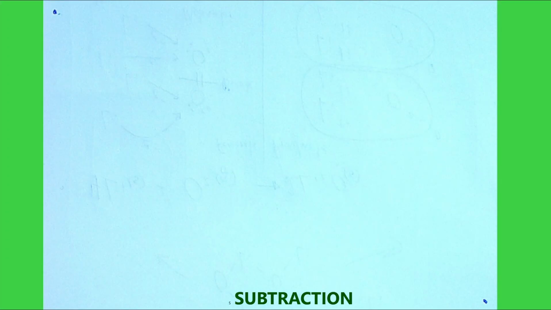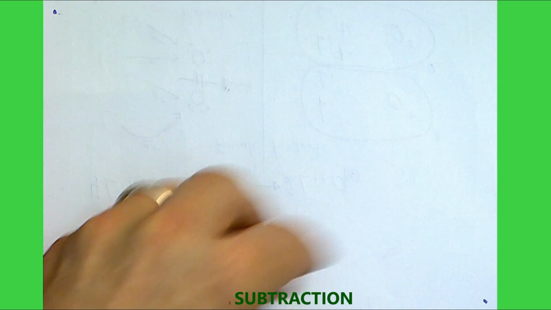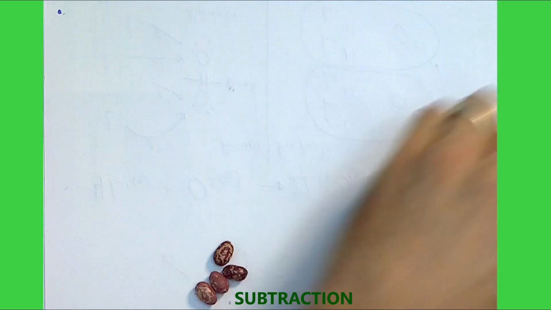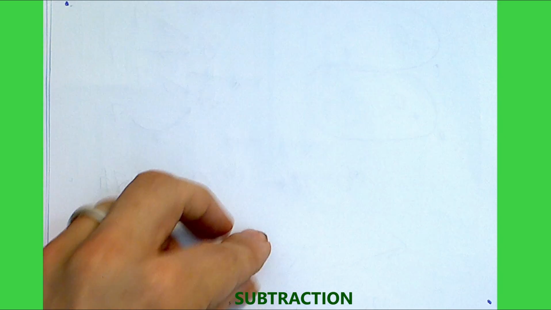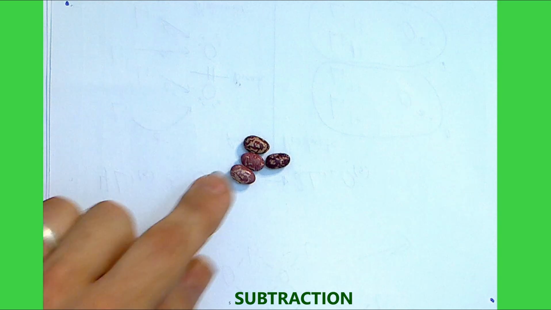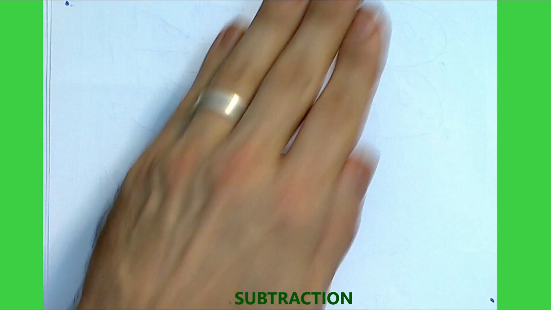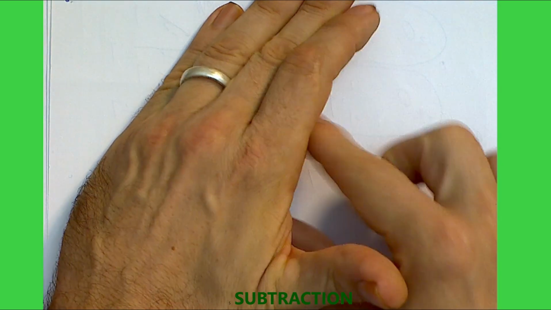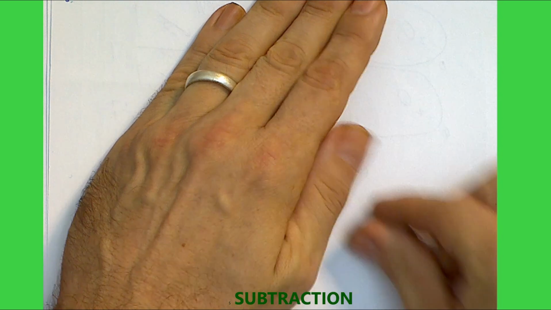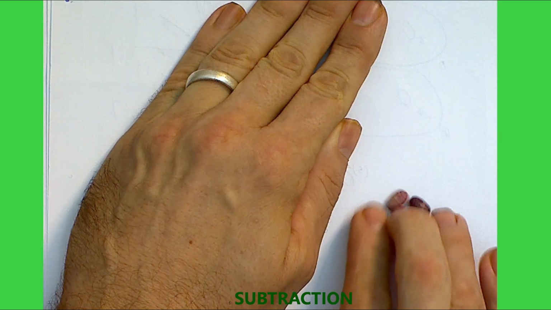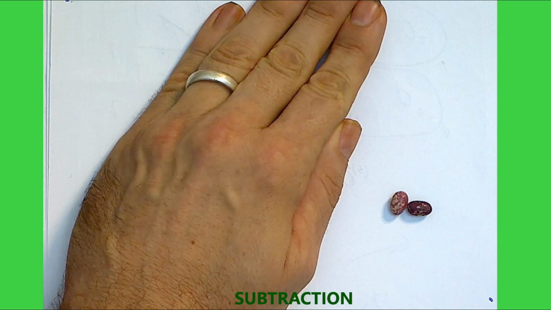And so what I like to do is actually just take something like some random amount of beans and sit them down and say, how many are there? We can even do less than that to start. So now there's 4 beans on the paper. And I tell the child, now count them, and the child will count the 4 beans. And now I'm going to put my hand on top of it. Now they can't see. They know there's 4 under there. And I'm going to reach my hand in, and I'm going to take 2 out, and they can see the 2 that came out. And now I can say, how many are left under my hand?